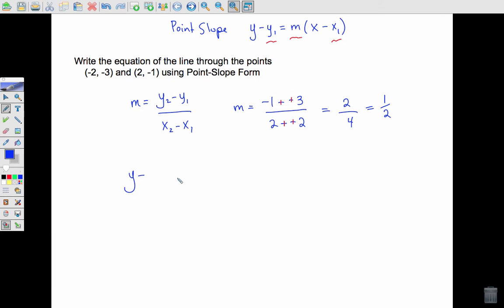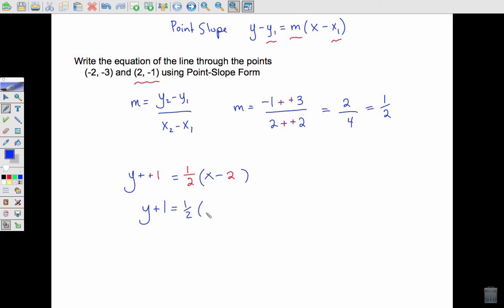Okay, so y minus y1 equals m times x minus x1. All right, so I'm going to start by filling in my slope, and then I'm going to choose 1 point. It doesn't matter which point, so I'll use this one. So I fill in the x value. X goes with the x value, and the y goes with the y value. All right, so at this point, the first thing you want to do is clean up any minus negatives and make it plus. So I have y plus 1,